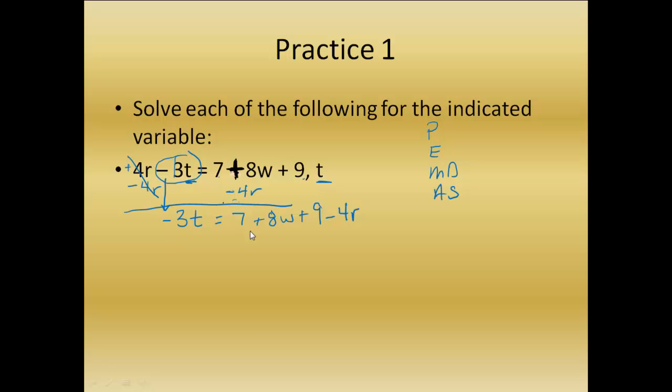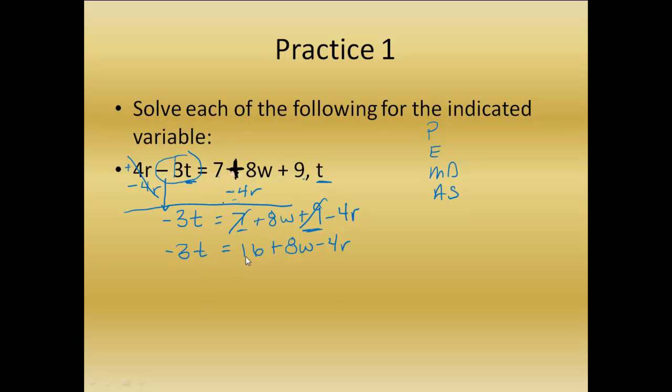At this point, hopefully you've realized that I do have something I can combine here. I have a 7 plus a 9 that I can combine. If you already did that before you subtracted the 4r, that is fine. But sometimes people don't realize it until they actually write it down. So I'm going to go ahead and combine those like terms. Since they are on the same side of the equal sign, I'm not doing inverses. I'm just combining them exactly how it says. So I would do 7 plus 9, which gives me 16. And then I still have my plus 8w minus 4r, and that's all equal to that negative